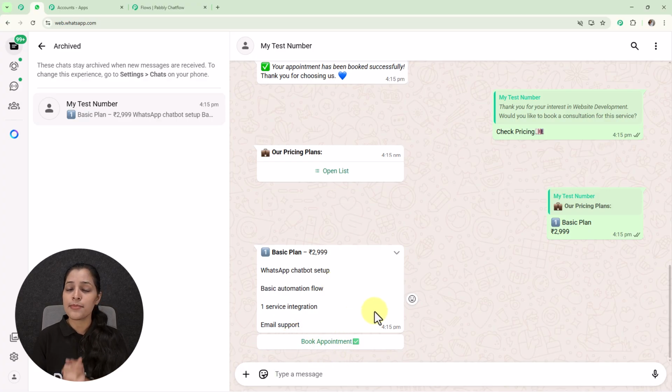So now you can see that by the help of this WhatsApp chatbot, you can automate all the conversations with your clients so easily. So now let's start creating this amazing WhatsApp chatbot for your own business too. But before heading towards the